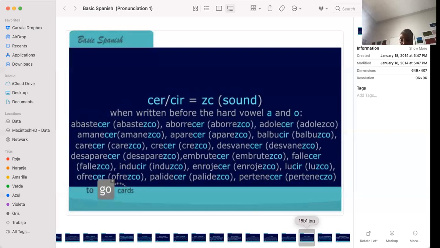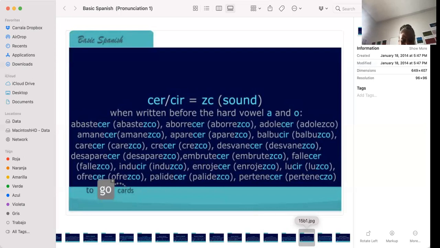ZC, luzco. Then in the subjunctive, because you have an exchange of endings, the ER and IR verb takes on the AR endings. So luzca, luzcas, luzca, luzcamos, luzcan. So it's the ZC. And some of these verbs are very important, such as amanecer,